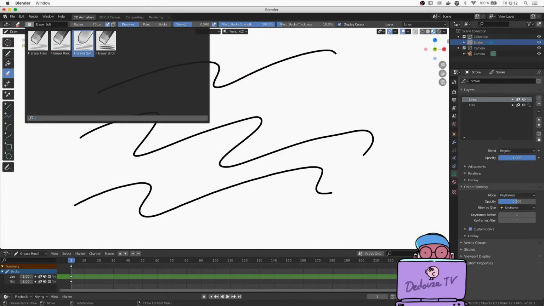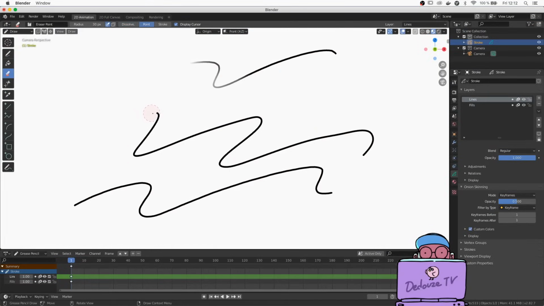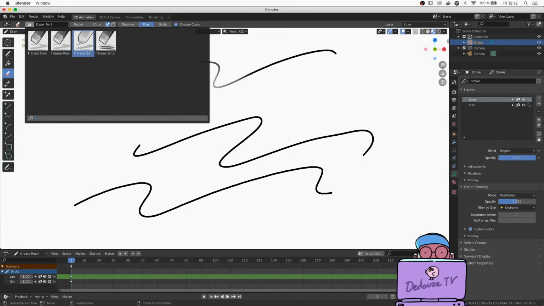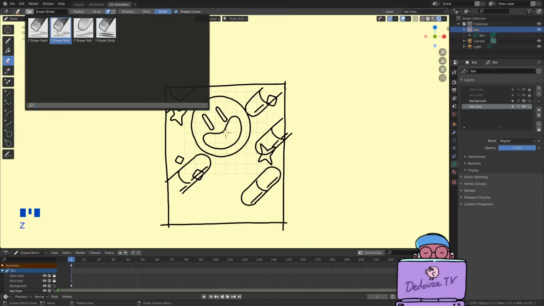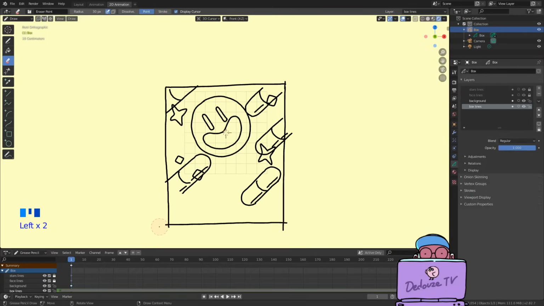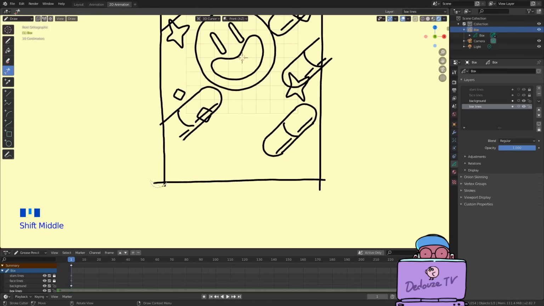You have the soft eraser, you have the hard eraser and the point eraser that both erase in a more sharp way. And you have the stroke eraser that erases the whole line as long as you just touch a piece of it. But still, it's hard to erase exactly the overlapping lines without breaking the corners. So we have another tool for this. It's this scissors icon here. It allows you to cut the overlapping lines by just selecting them. So here, I can just remove this part here, and same here, and same here.